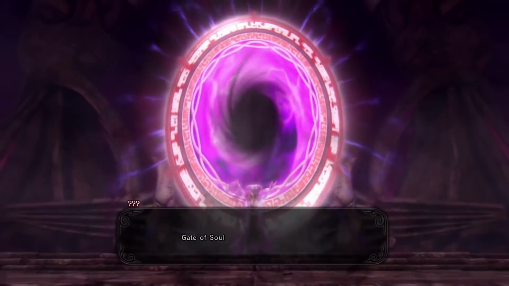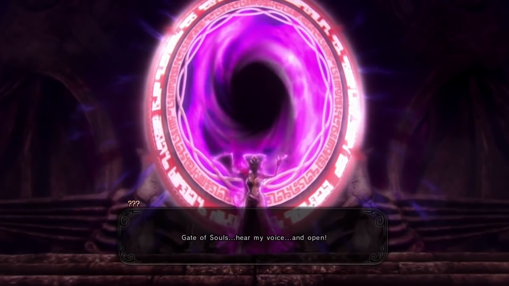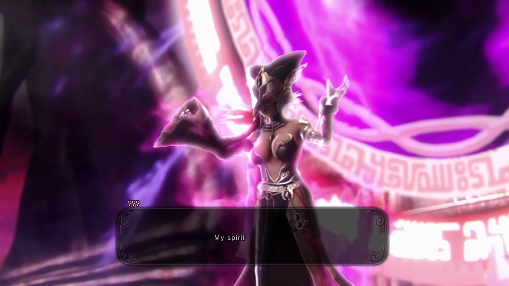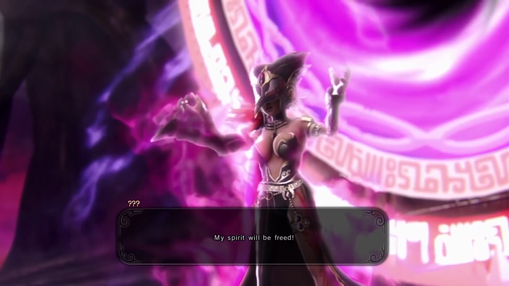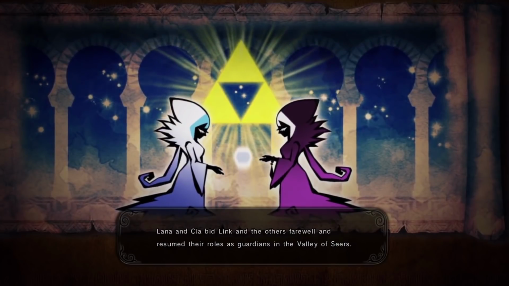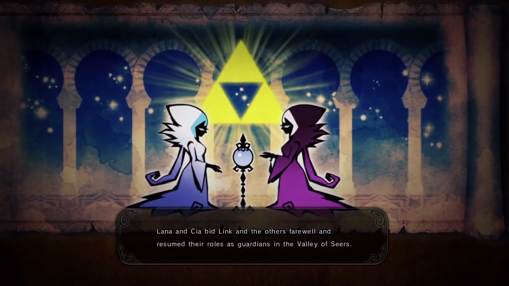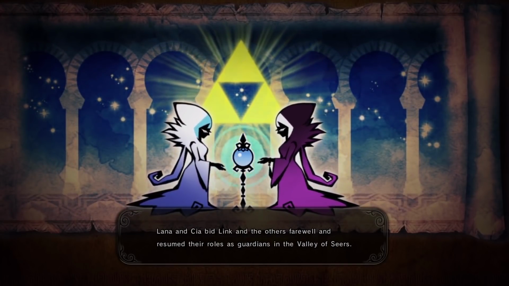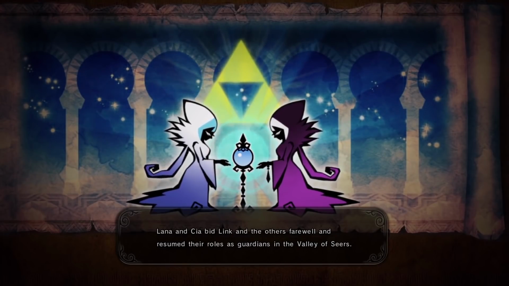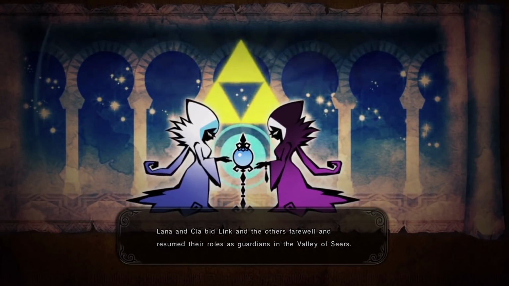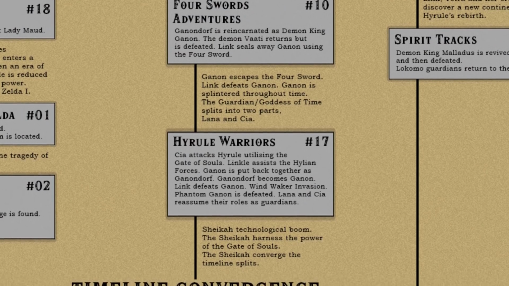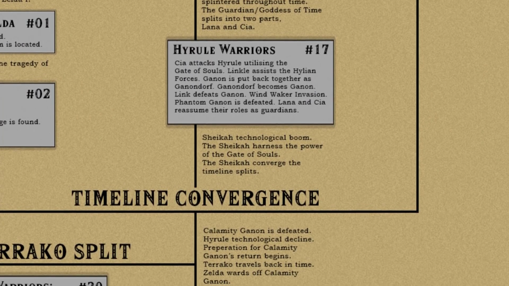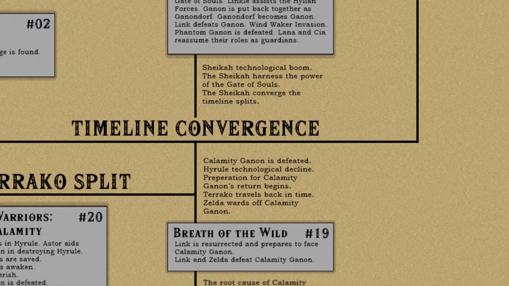There's also not enough elaboration on the Gate of Souls and time and space travel. Speaking of the Gate of Souls, the goddess/guardian of time, making the executive decision and saying that they're the same person makes sense to me, but there's almost no information out there about who she is. So it gets shaky here, but I suppose that's how it's gonna go when trying to add new things to the canon to try and make a fix.